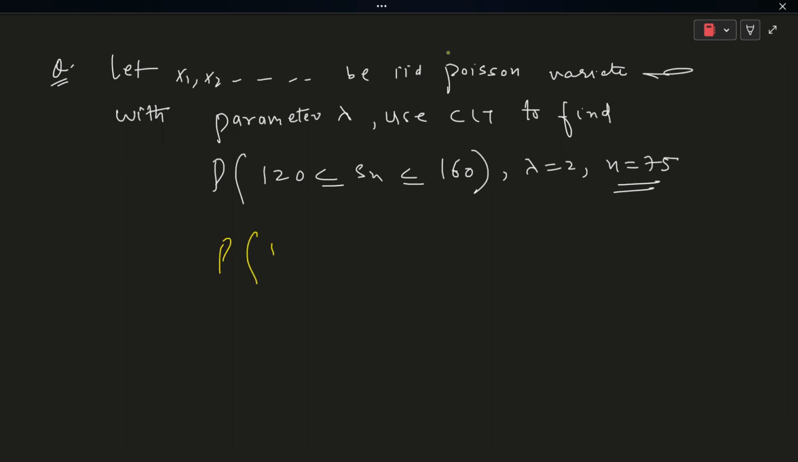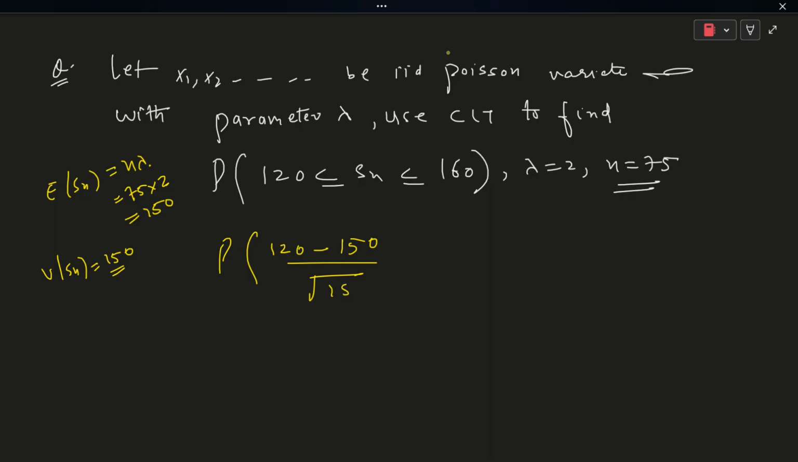Now see, probability 120 minus the expectation of Sn, that is n lambda. Now how can we find this lambda? n is 75 into 2, that's 150, and as you know the variance of Sn will also be equal to 150. Why? Because in case of Poisson, mean and variance are equal. Upon under root of 150, Sn 160 minus 150 upon under root of 150. So this is equal to